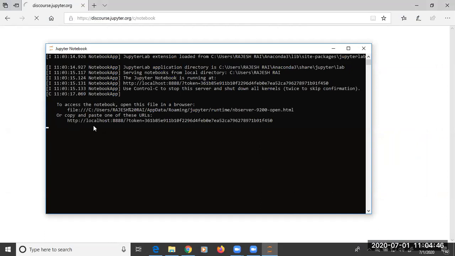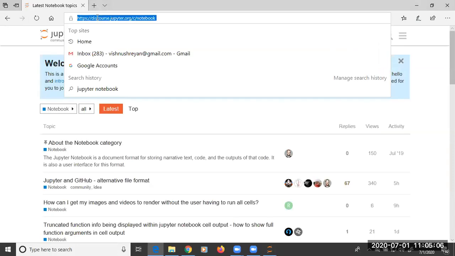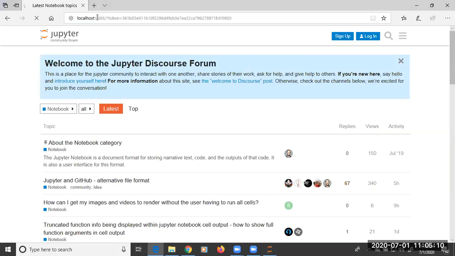Here you can see this HTTP localhost 8888. This is used to open the respective Jupyter Notebook. Now you can see this.